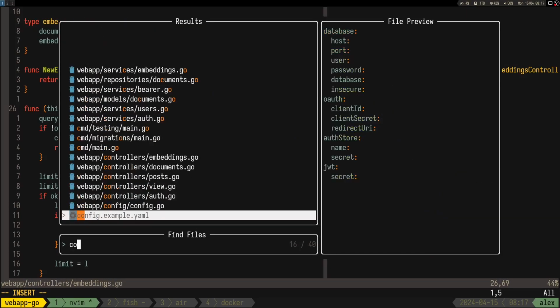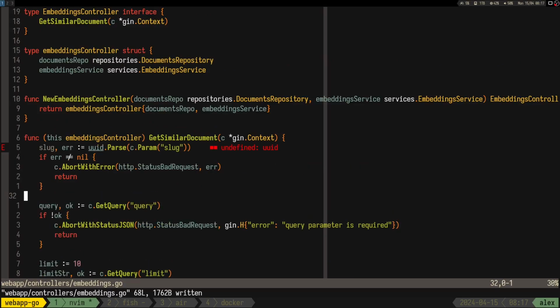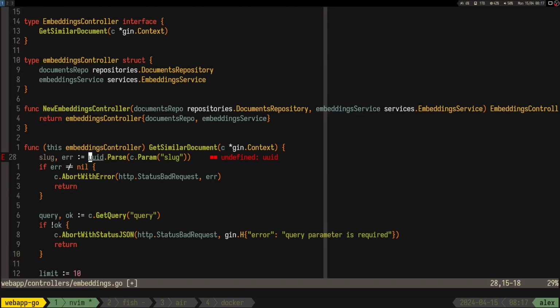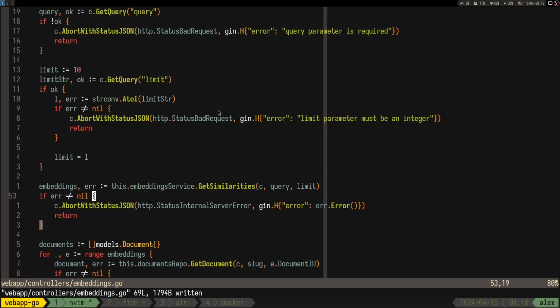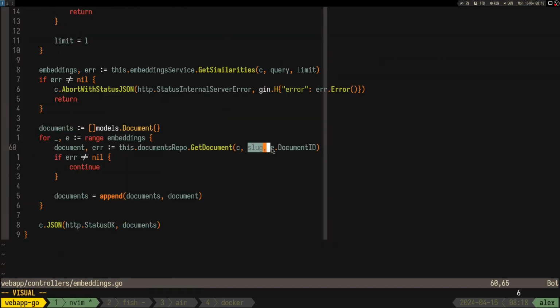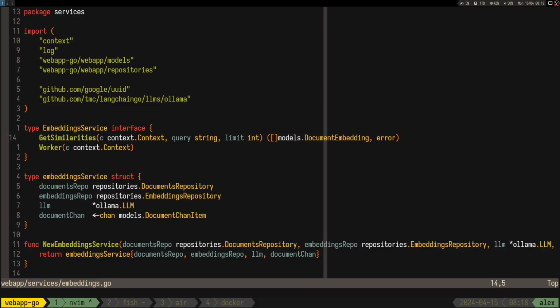So if we go into the controller for documents, let's read this thing. Let's say that you have to call get similar on a post. That's how the query is going to look, right? So that we make sure of that. Oh, yeah, because get similarities right now doesn't really care about the post, so we need a slug,